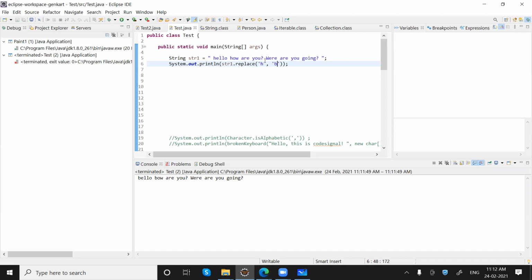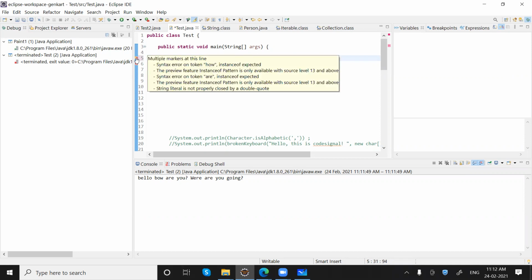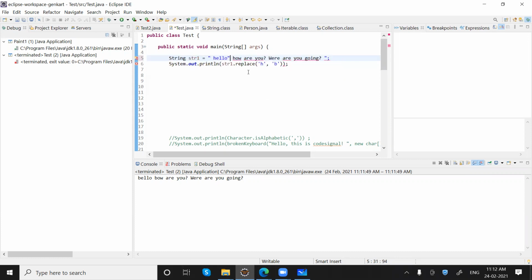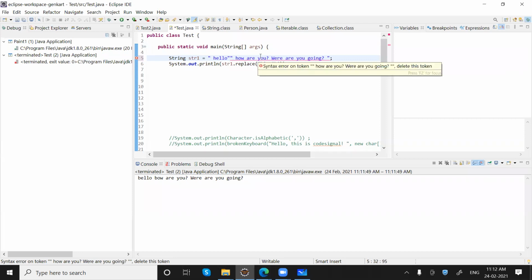I have one generic question. If we have quotes inside the quotes, will it give an error or will it stop over there? Suppose I have hello, it starts with a quotation, hello, quotes, and then double quotes. Double quotes obviously will give a string termination error, like you can see here. So yes, it will give an error.